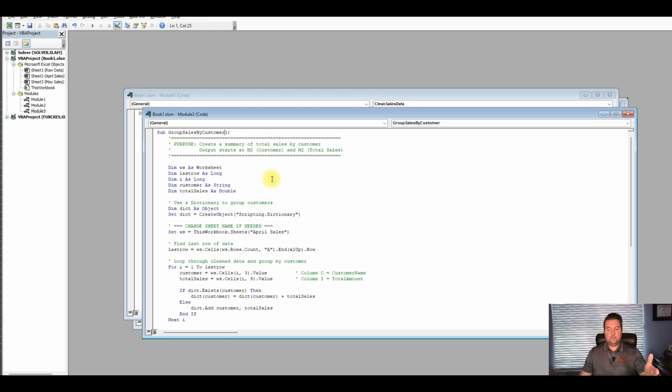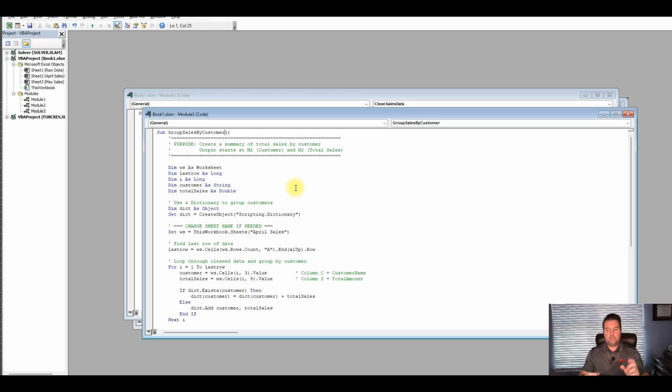There are fancier ways to do this. You could probably change the code so that it ran on every month, every sheet. Or maybe you could put in a box where you're saying this is the month I want run, and then the code just looks in that box to pull the name, then goes to that sheet. So there are ways you can streamline this. Generally, if things are changing, you don't want to put it in code. You want to put it on the front end, and then reference that in your code.